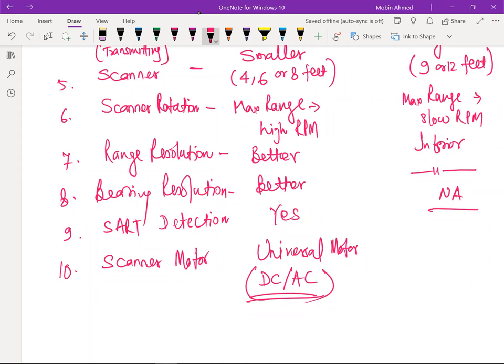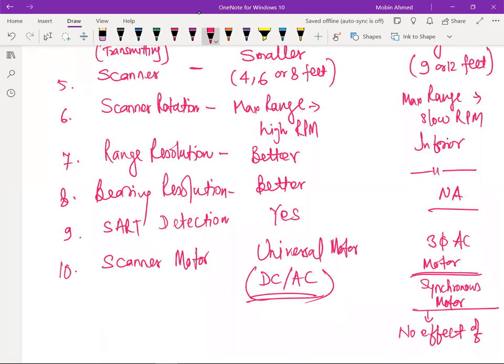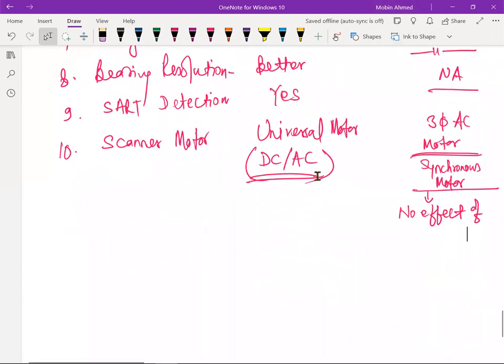Now here, if you are going to use a 12-foot antenna, in that case you require a 3-phase motor. Okay, so generally here we are going to have a 3-phase AC motor. And sometimes you will find some radar models having a synchronous motor. Now, if the synchronous motor is there, what is the advantage? That there will be no effect of